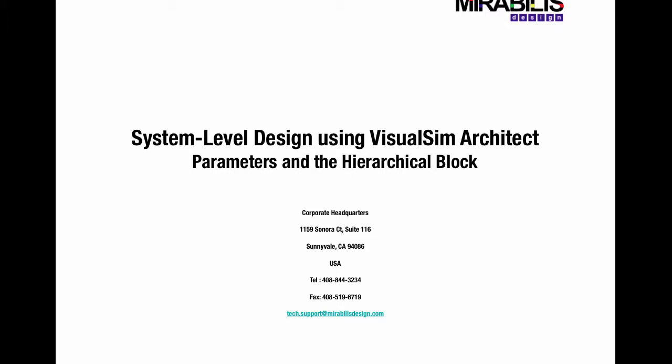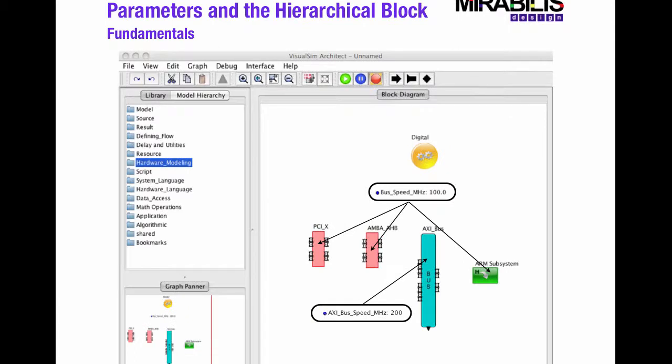The focus of this video is on parameters and the hierarchical block. Now, parameters are constants. They are objects which can be read from but cannot be written to. They can be declared anywhere at any level of the block diagram hierarchy, and the sharing of parameters can be done by explicitly linking them